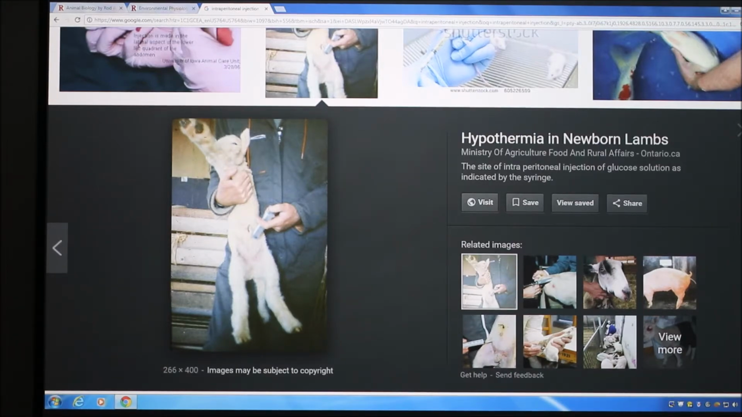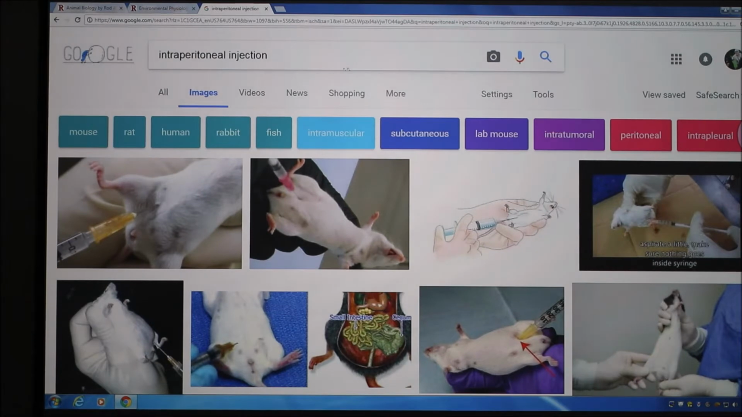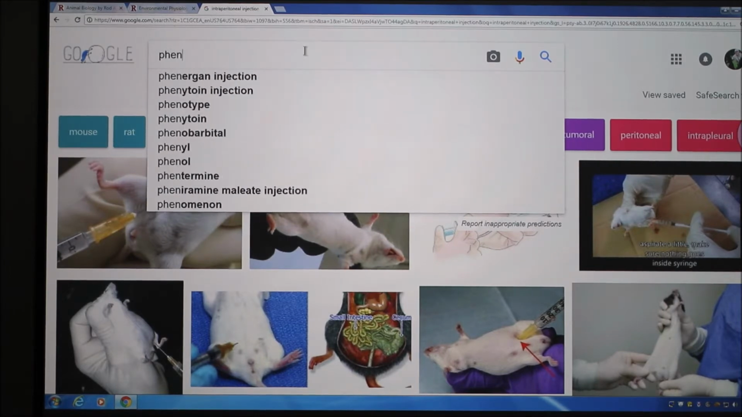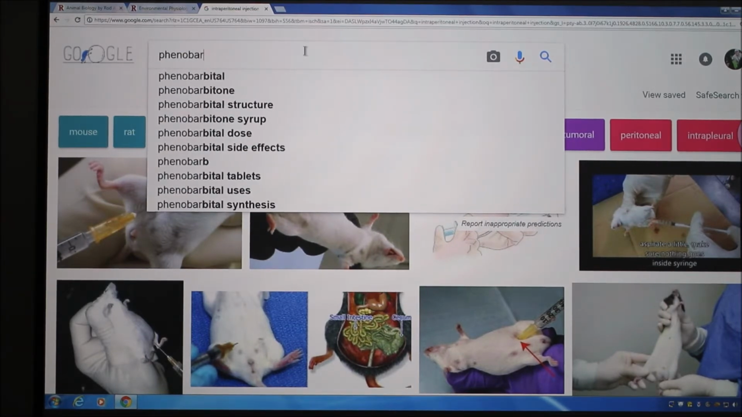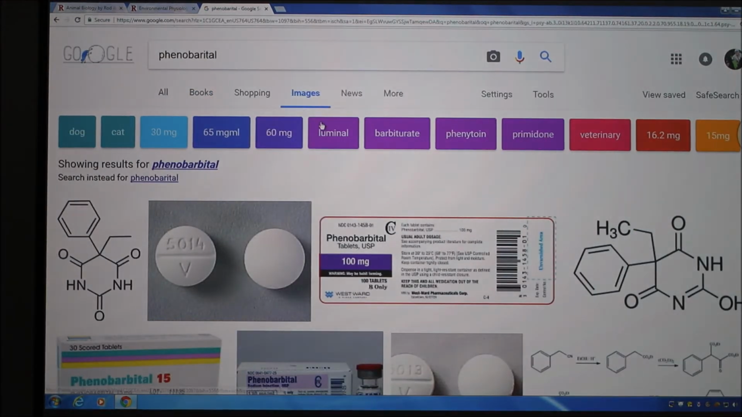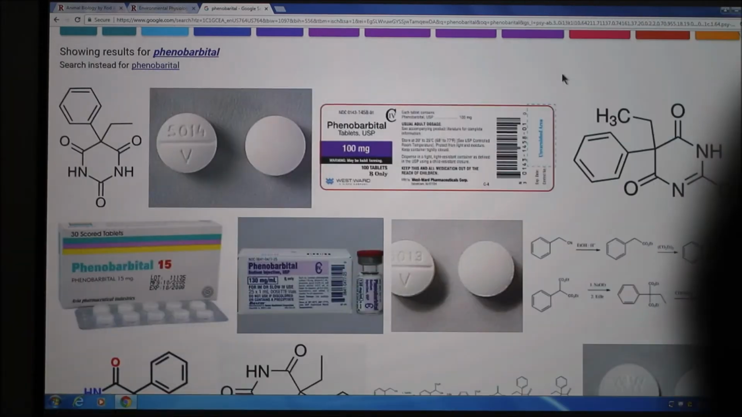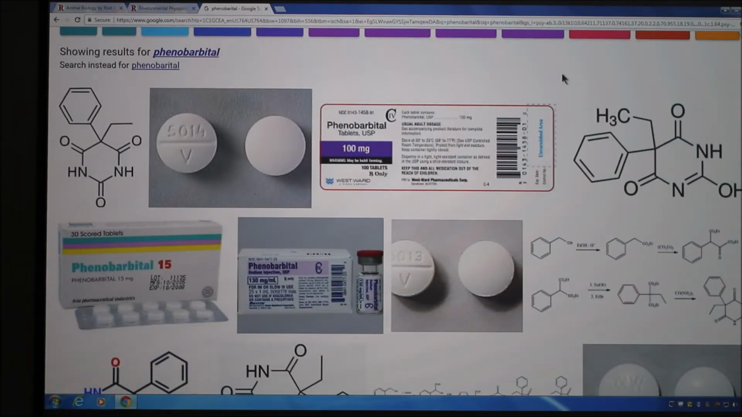Okay, so then let's do phenobarbital. And what's the most common thing they use phenobarbital for? What's that? Antiseizure, exactly. Phenobarbital, often given to animals to prevent seizures. I used to have a dog, Blackie,